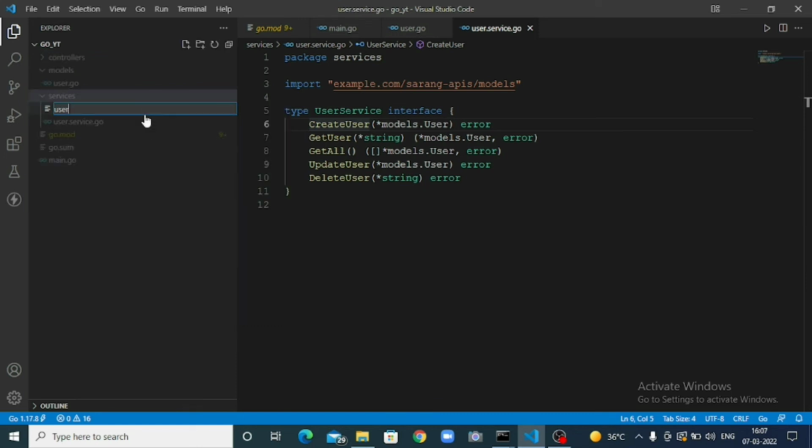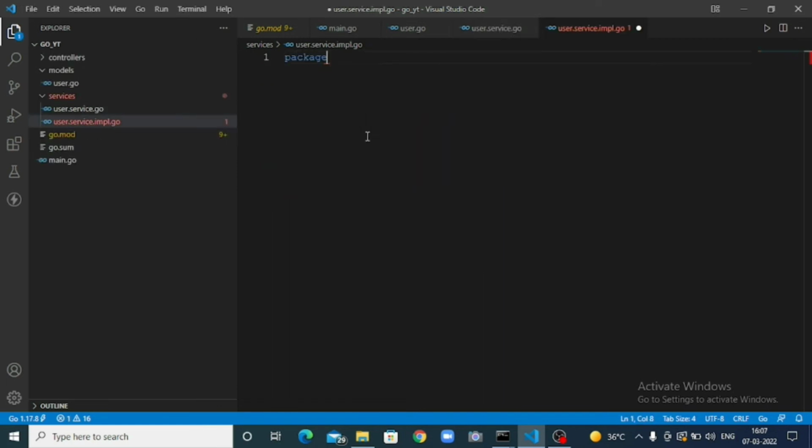Now let's create the implementation class, service.impl.go. It is also in the service package, and it's going to be a struct. Let's create that first. So type user service impl